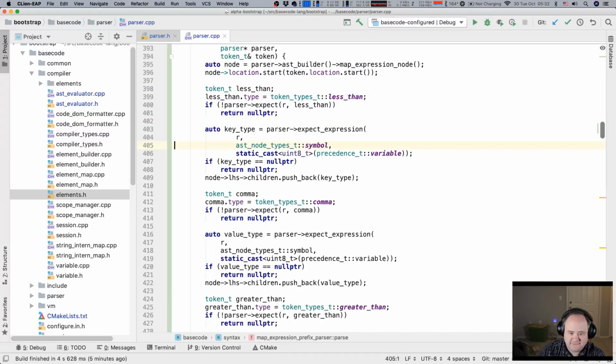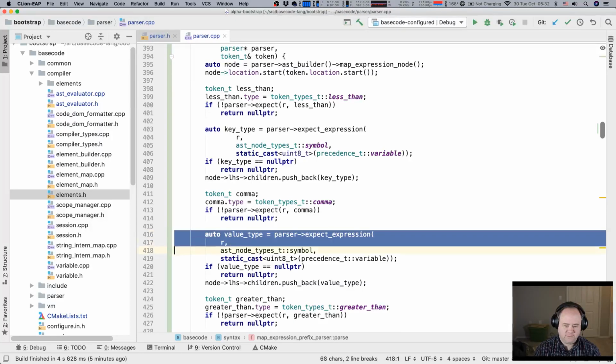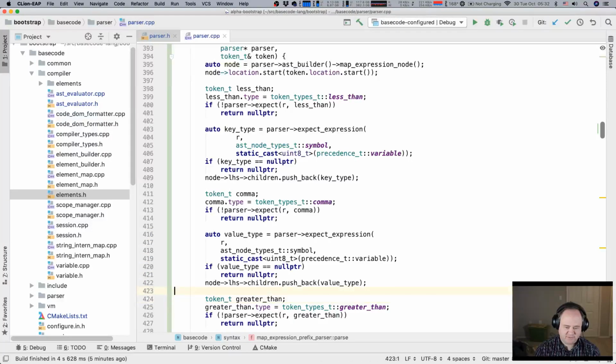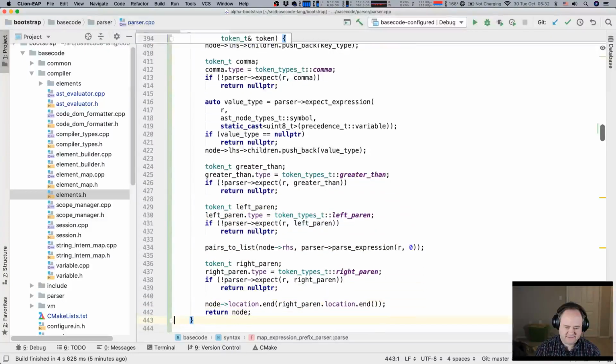We're looking for less than. Then we're expecting an expression, which is a symbol. And if we don't get that, then that's an error. Otherwise, we take that node and push it into the left-hand side because that's our type list. We expect a comma. Then we expect another expression, which is a symbol. Put that in the left-hand side. Okay.